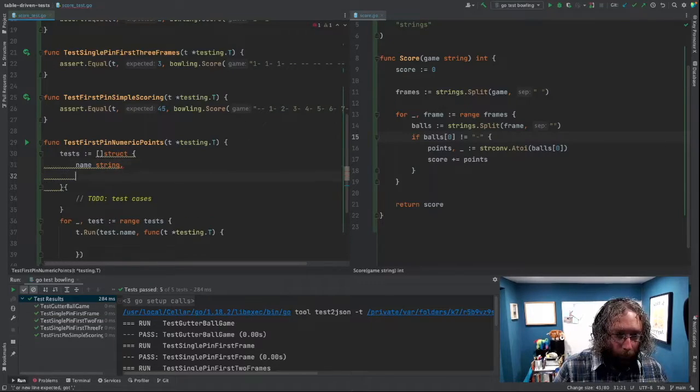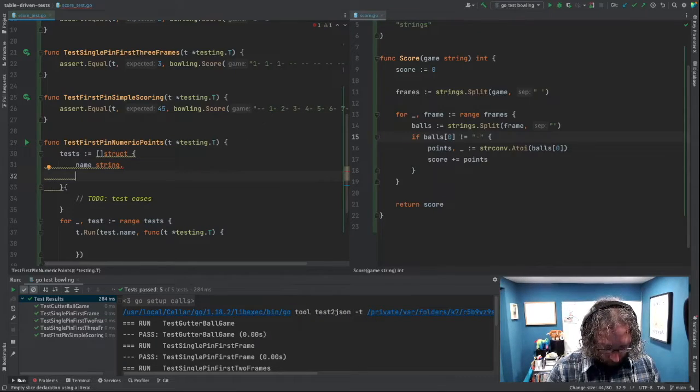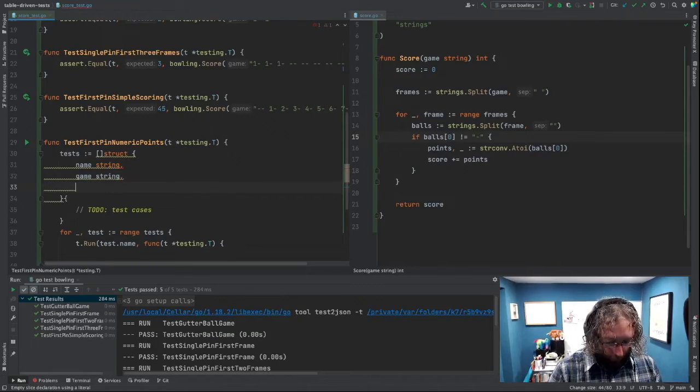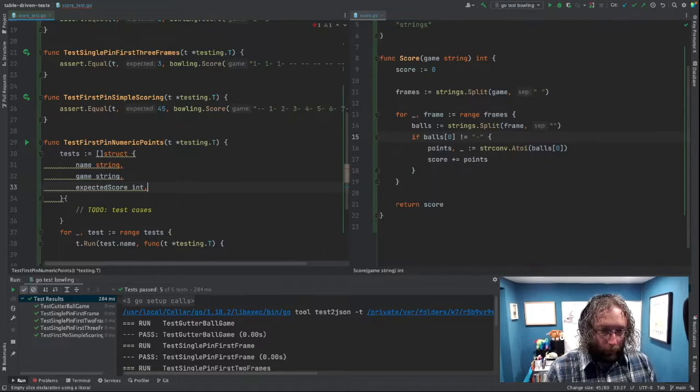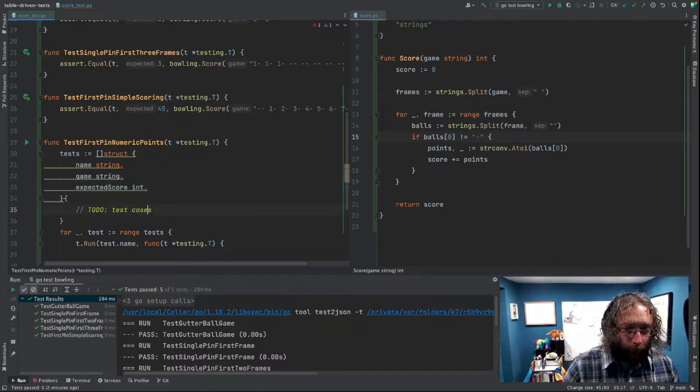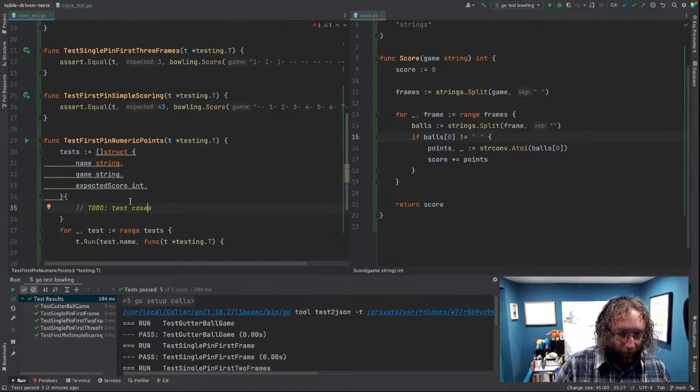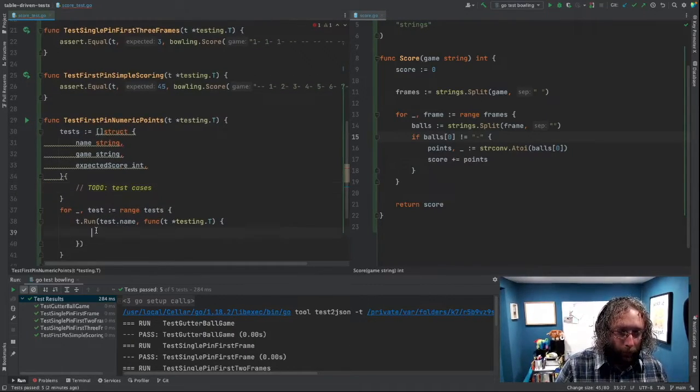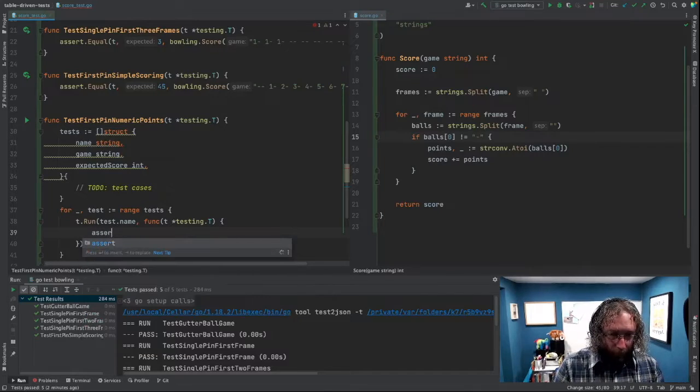So we want game is a string, and expected score is an int, like so. We need to create the test cases, but what we can do first is we can say assert dot equals